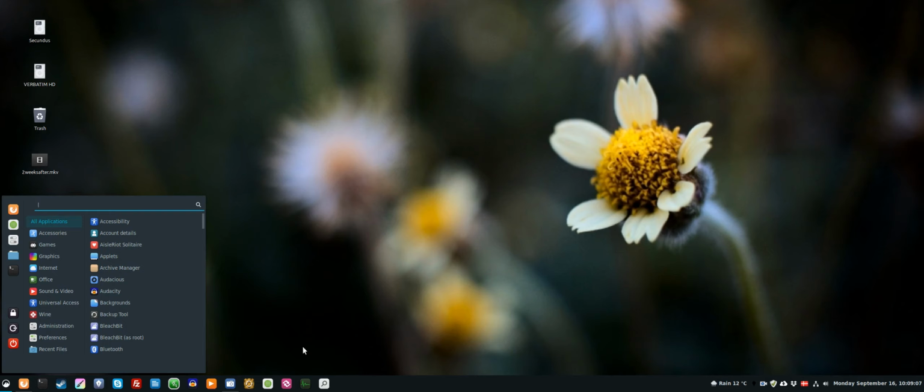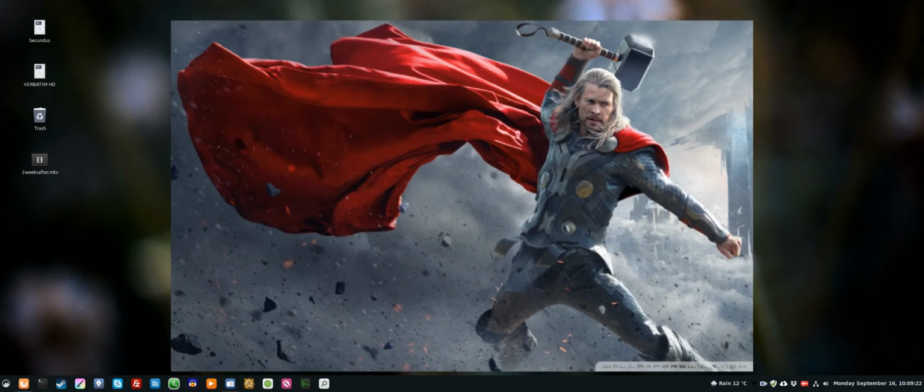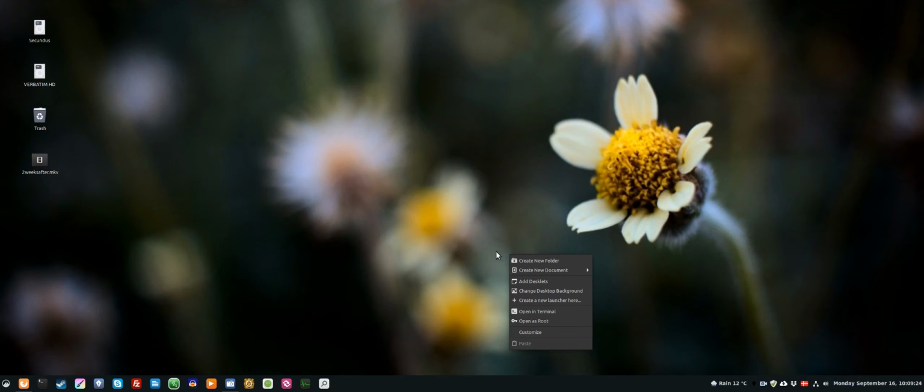There are some things that I would like to be different, and I can mention it right away. The thing that I don't like with my particular distribution is that my monitor is showing only 60 Hertz refresh rate,